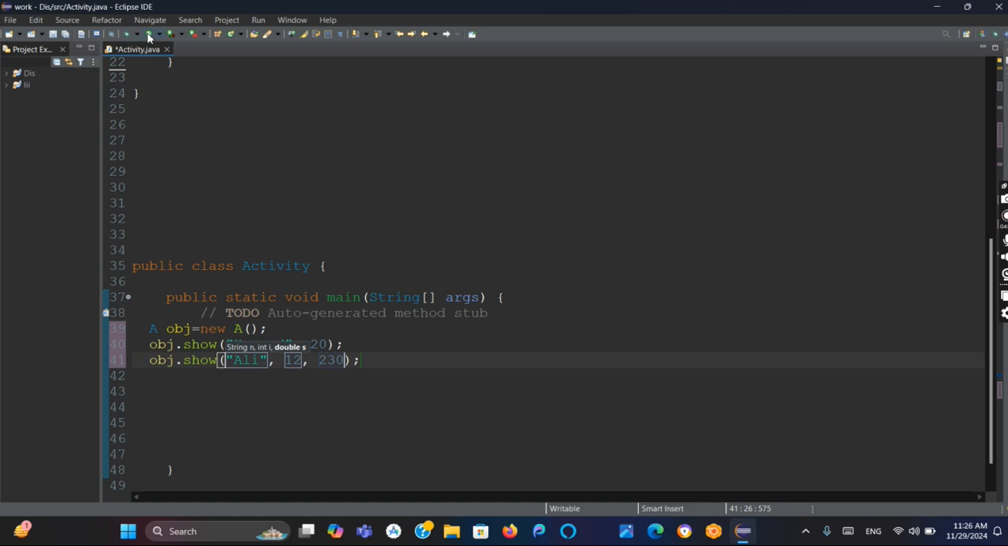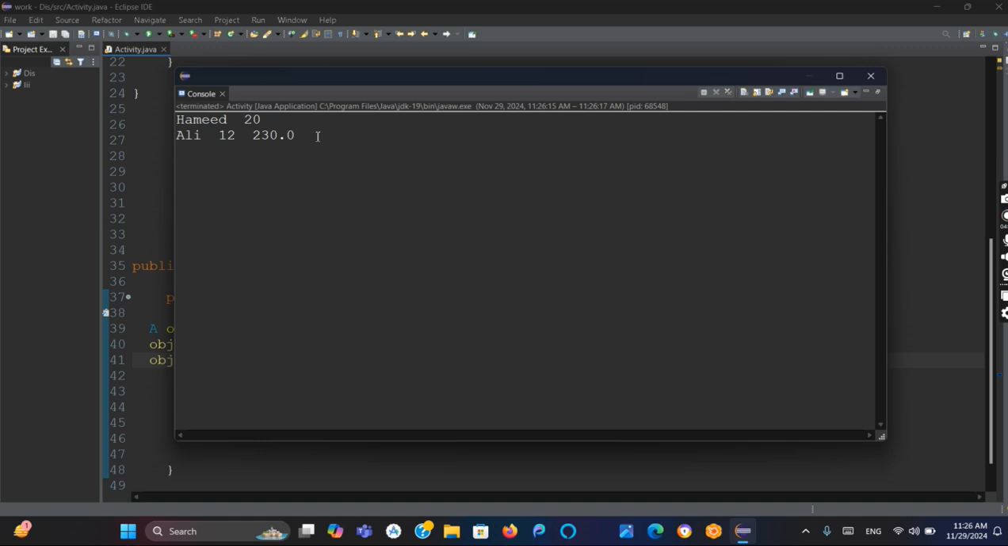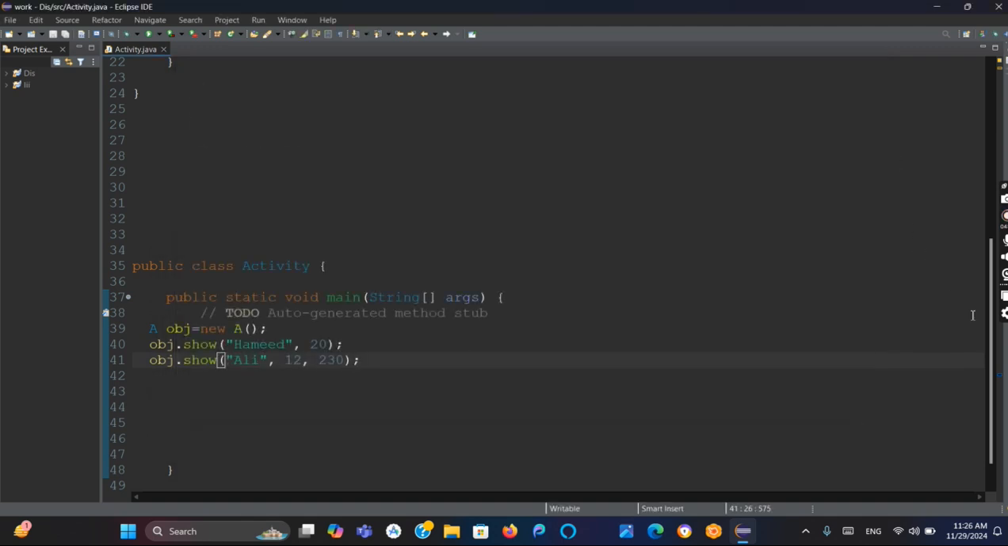So when I click on the run button, you can see that it prints two messages for me. Okay, the first message only shows me the name and the ID, but the second message shows me the name, ID, and the salary as well. So this is what